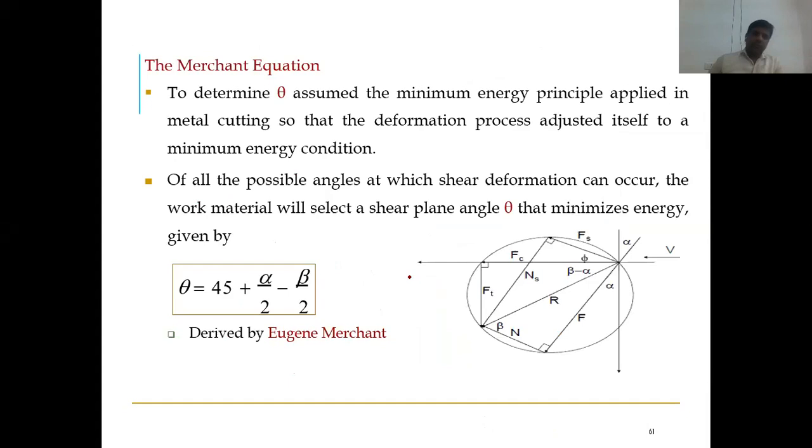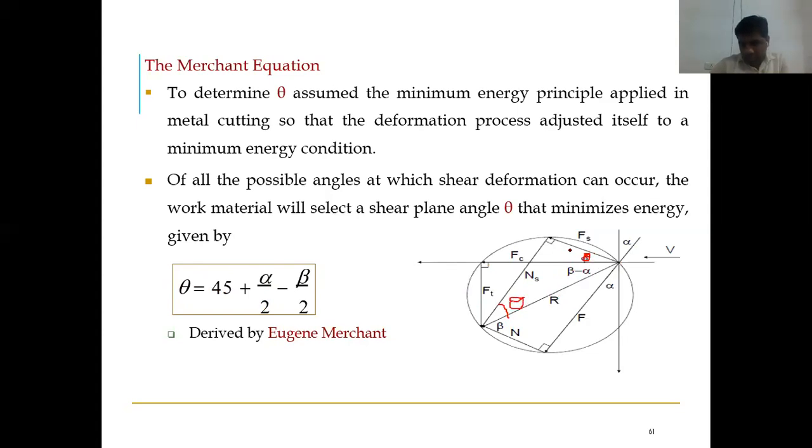We also saw this formula in the last class. Theta is nothing but the shear angle. It is not phi, though in some books it is actually theta. From the Merchant relations you get theta equal to 45 plus alpha by 2 minus beta by 2. I am not going to discuss the derivation, as derivations are not in your syllabus, but it is better if you follow it too. The derivation comes from taking this triangle. This is theta, and based on geometrical principles, this is also theta.